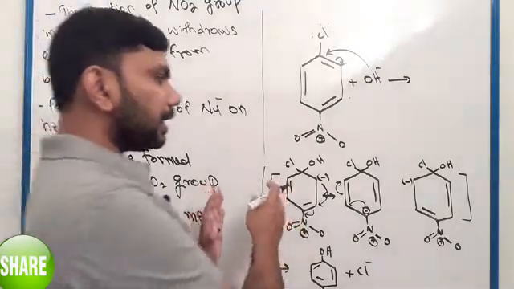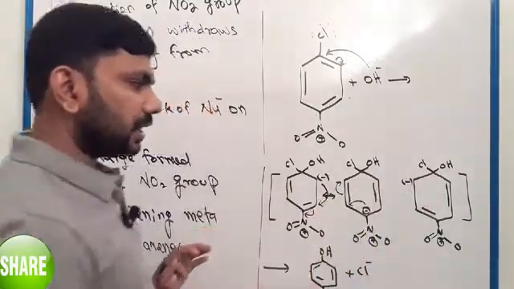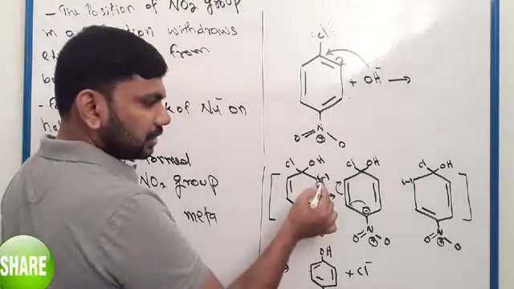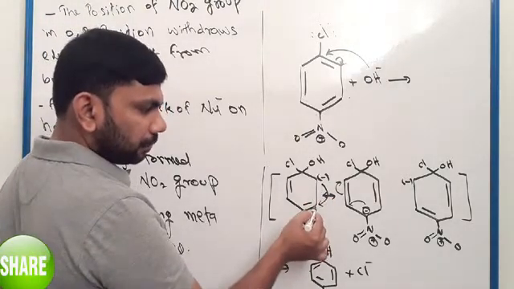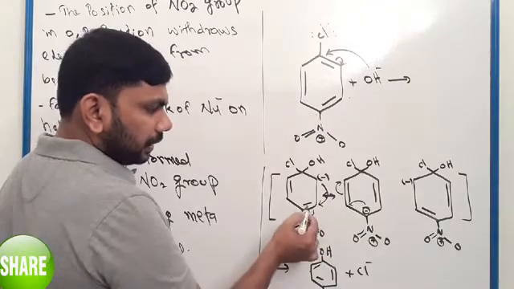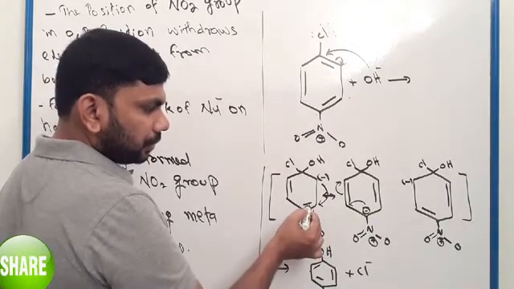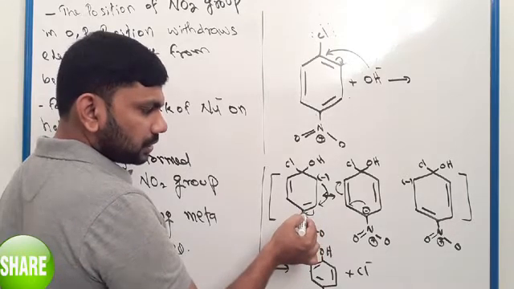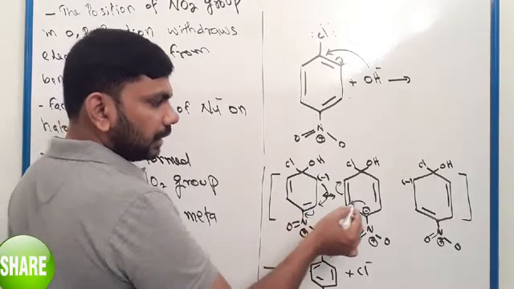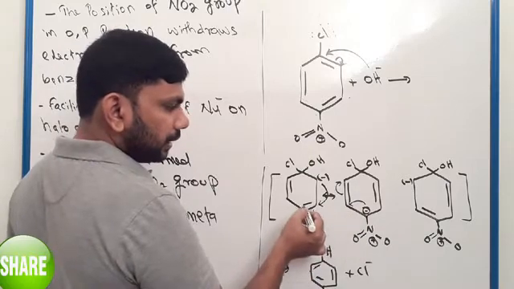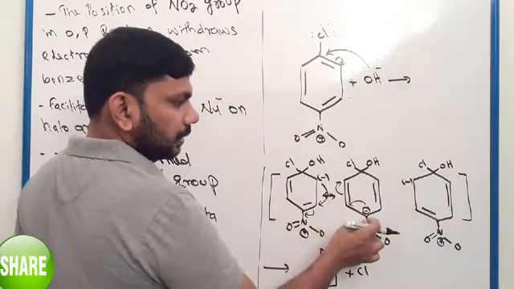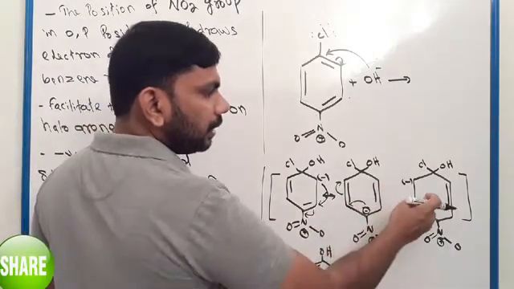And there will be a series of resonance structures here. Here is a negative charge. Next, this negative charge will go to this carbon. Here this is a double bond, and this double bond means an electron pair. This will go to this carbon. Then we can do it like this. Here it will be a negative charge, and this double bond will shift back here, and again it will give another